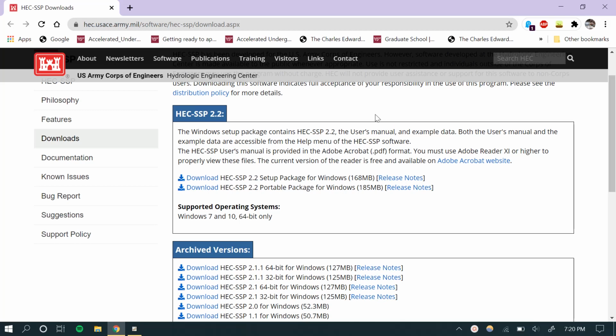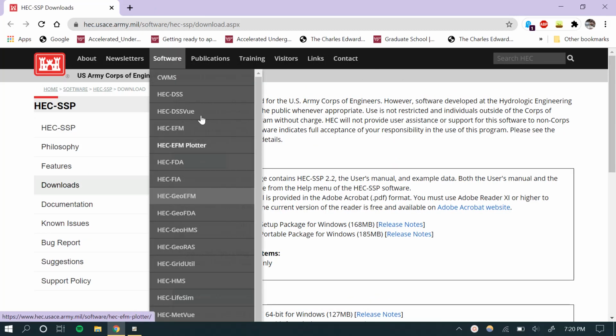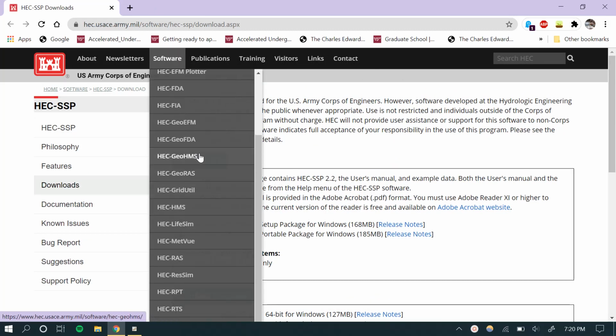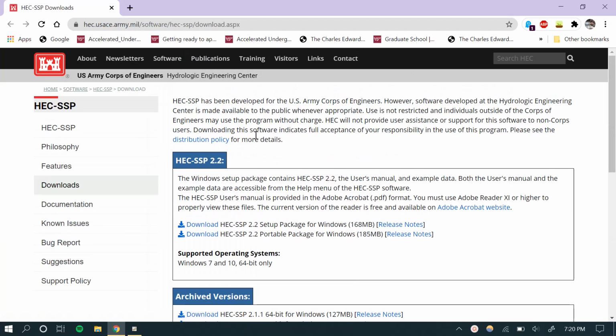Hi everyone. Today we're going to be going over how to perform a Bulletin 17C flood frequency analysis in HEC-SSP. So if you don't already have HEC-SSP downloaded, you can find it on the U.S. Army Corps of Engineers website. And so here's the website. If you navigate to software, it has all of the HEC softwares, and you can just navigate to HEC-SSP and